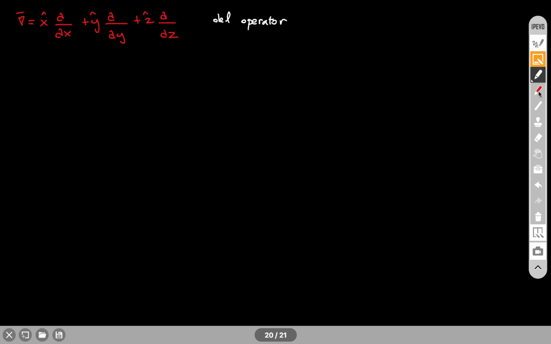Now, this is an operator, and that means I cannot really do anything just with this. I have to apply the operator to a function. So, let's say that I have a function f that is a function of x, y, and z. Now, if I take the operator and I apply it to function f, this is when you see this, practically this means that